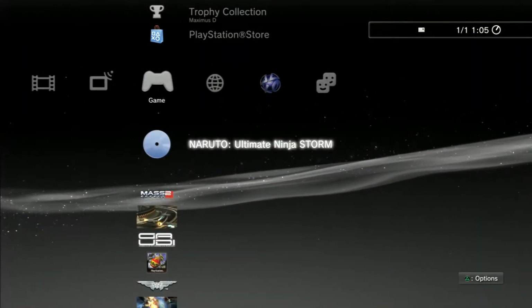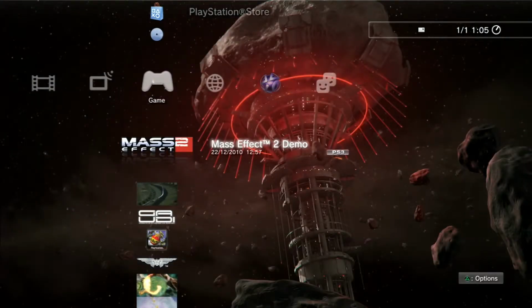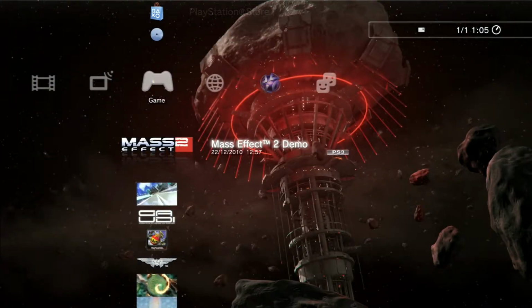Naruto. Ugh. What's that doing there? Get away. Oh right, yeah. So Mass Effect wasn't originally a PlayStation game. It was on the Xbox 360. It was like an exclusive, and then